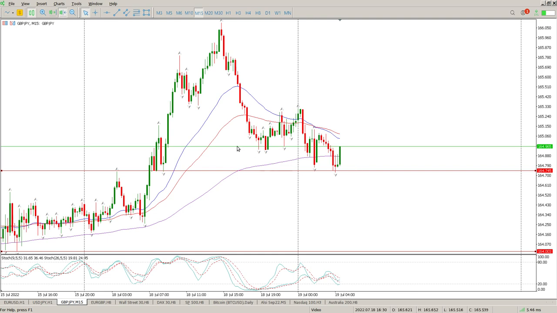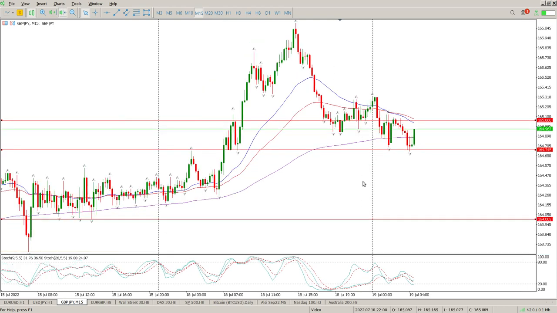So I'm of the opinion at the moment that a proper rejection of this zone, which is between 165.060 and 164.745, is going to kickstart a move back to the downside, and then I expect us